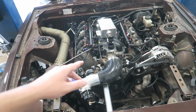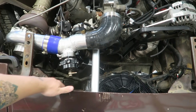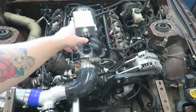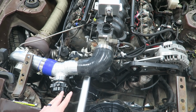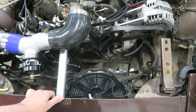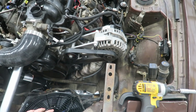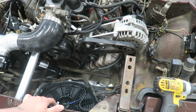Anyway, the plan for today is to try to get the expansion tank and the recovery tank mounted, probably on each corner here, give or take. I know for sure I want to put the recovery tank here. Aside from that, I think all the hard parts for the cooling system are done. The only thing left to do is wire up the fan to a relay, which shouldn't be an issue. I've got a couple distribution blocks here I can rob battery power from and then just run it to